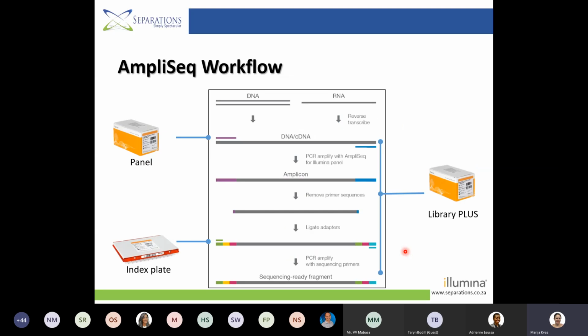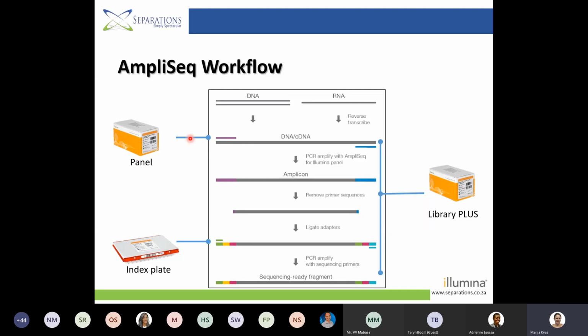Okay, so just to tap into the Ampliseq workflow for the targeted sequencing in a little bit more depth. Like I said, this is for the targeted sequencing approach, where you just want to look at a specific number of genes that you are interested in. You're not interested in anything else. Let's say you're working with complex genetic diseases, and there are certain genes that you want to investigate and look at the variance between the different patients. Then Ampliseq is perfect for you, because